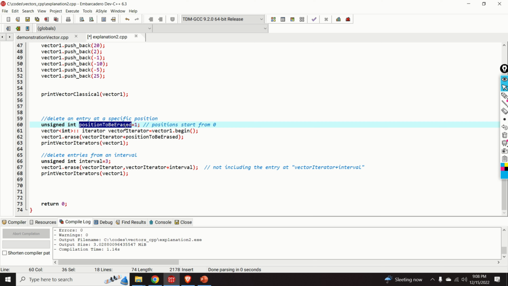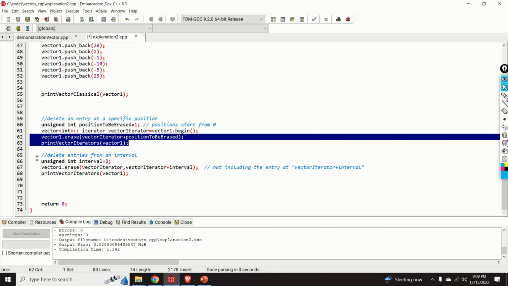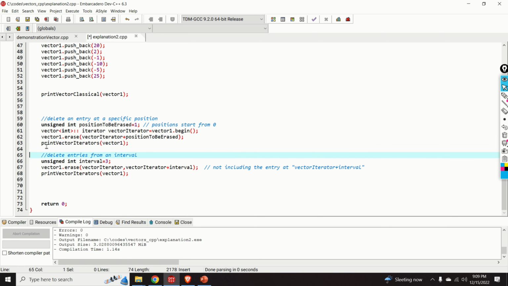So consequently, over here I just specify the position, and that's it. And over here I will print the result. But before I do that, I will simply comment this part of the code. So let us compile